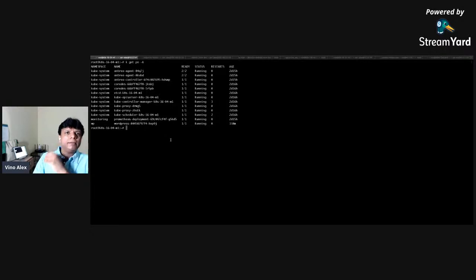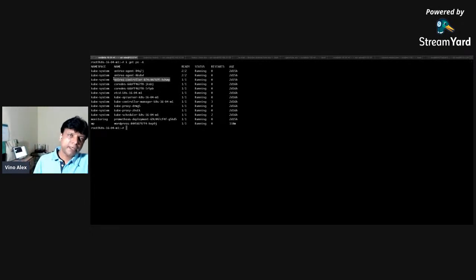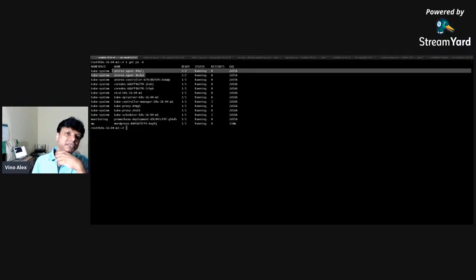So if you look here, you can see the agents. I have a 2-node cluster, that's why the agent will get deployed in each of the nodes. This agent will create your OVS bridge and everything. You don't need to install OVS bridge or anything. The agents will create it, and the controller will get created there, right? As I told, the controller's main role is to apply the network policies. Otherwise, pretty much other IPAM functions will be taken care of by the agents themselves.